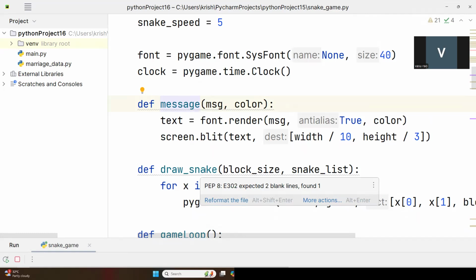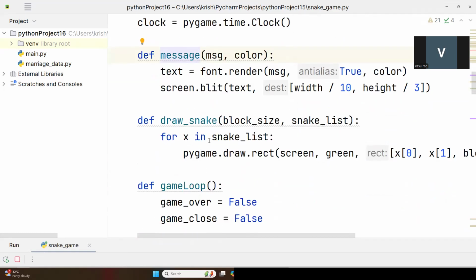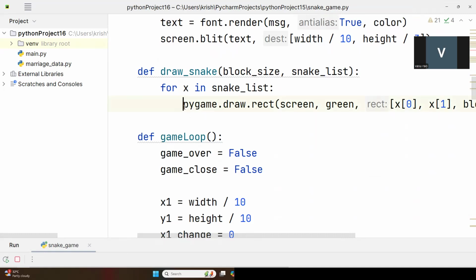The draw_snake function is used to draw the snake on the screen. A for loop is used here, which loops through each part of the snake. X is a pair of coordinates like x1_position, y1_position. Next, this code from here to here will indicate that